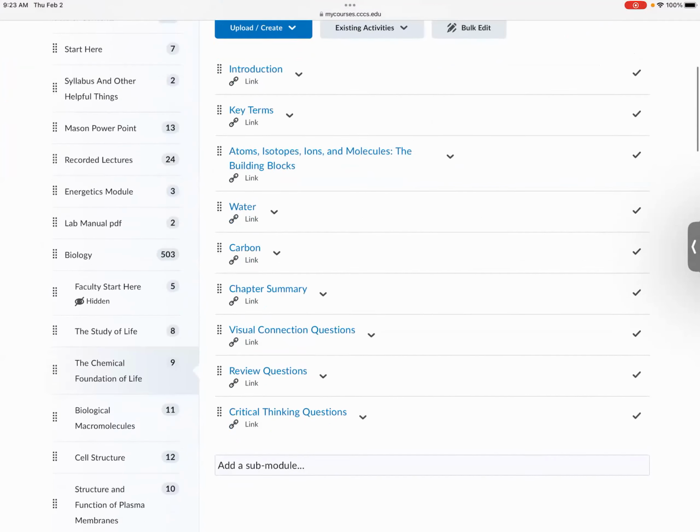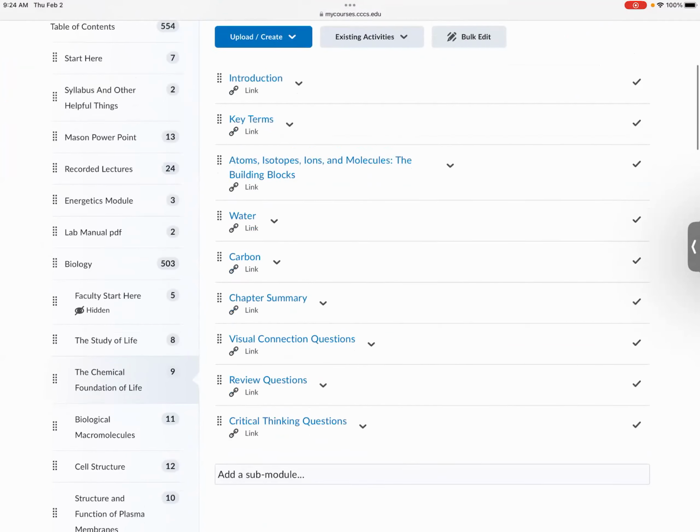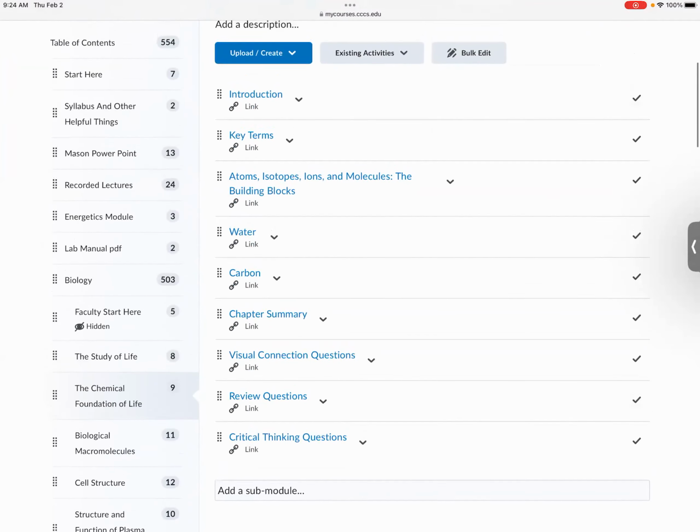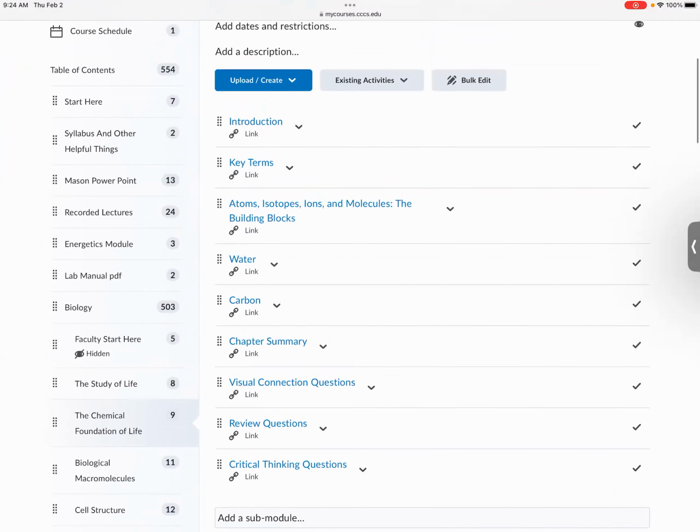So it wasn't coming up with any of this stuff? This would be the, yeah. So the OpenStax,